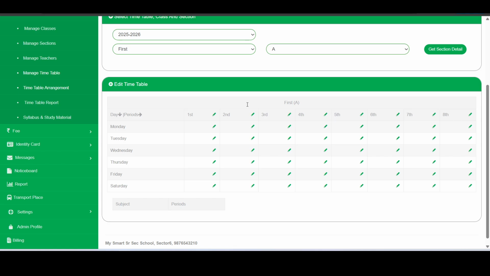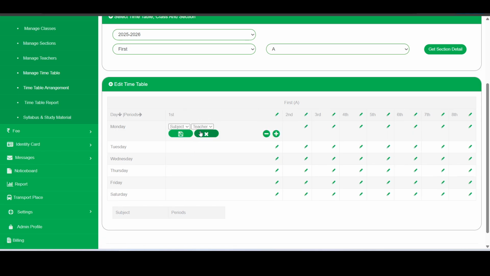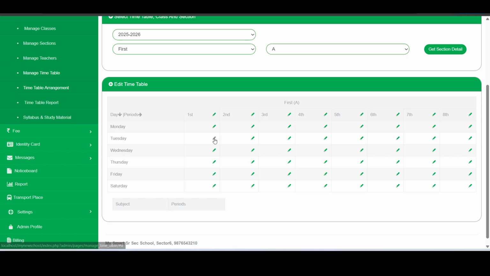For this timetable, for example, we want to give all the periods and all the subjects for a particular teacher, for example the first period. So here are two ways: either you can select one by one, or you can fill the whole period at once. If we select this first one,